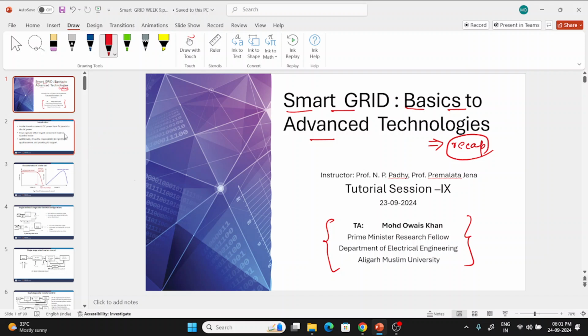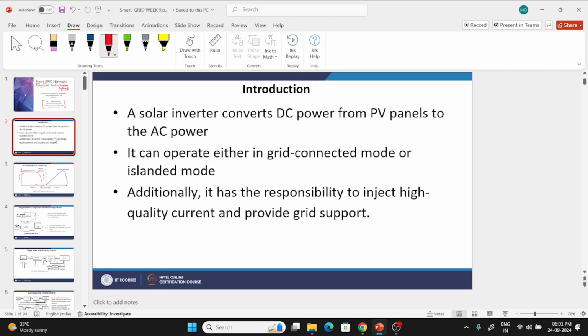So now, in this tutorial session 9, we will be discussing various things like, first, solar energy. Then we will go through some of the basics of wind energy. We have already taken up these topics in detail in the previous tutorial sessions, and then after that we will go through